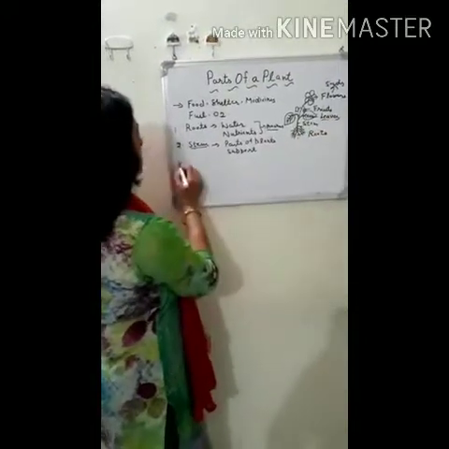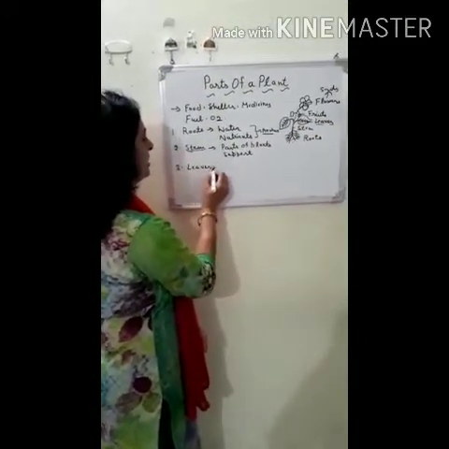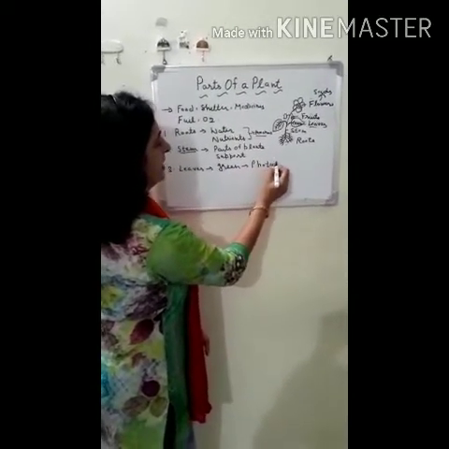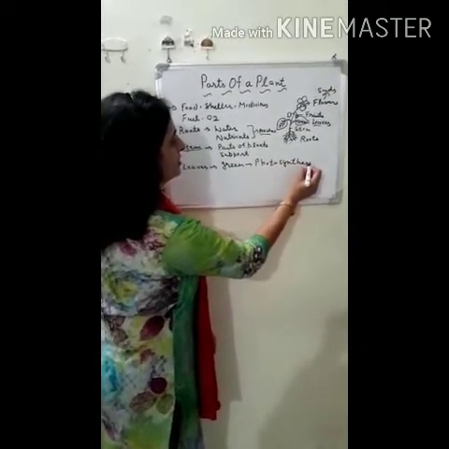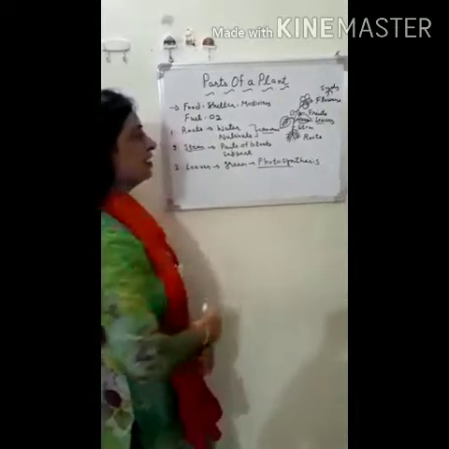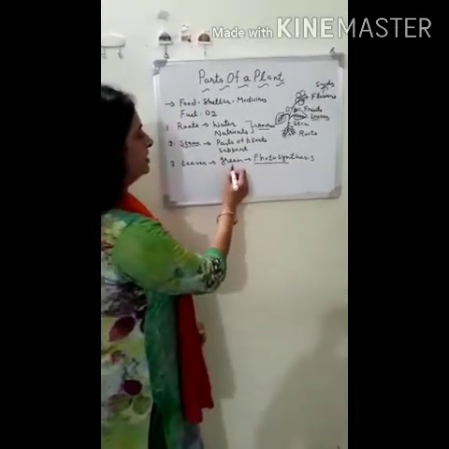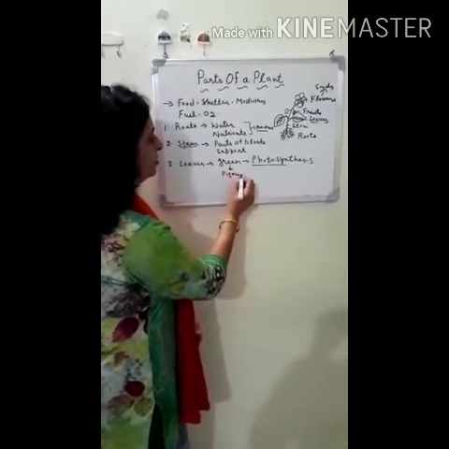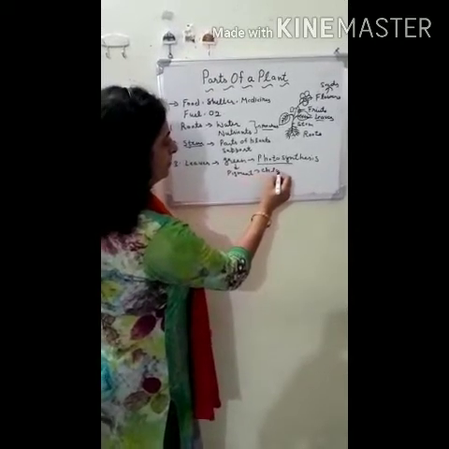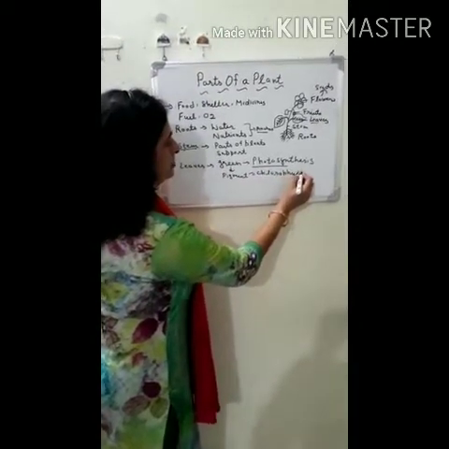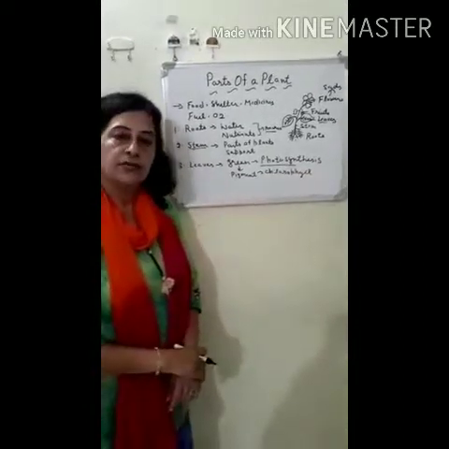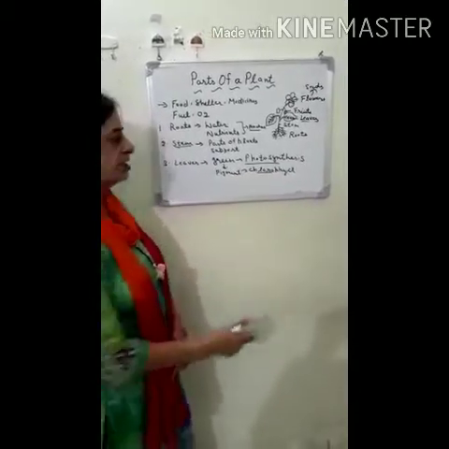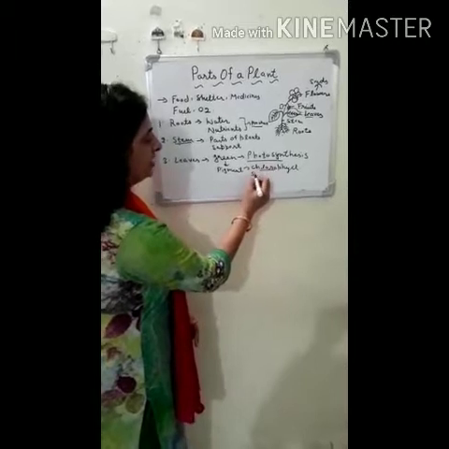Now next are our leaves. Leaves are mostly green in color and do the process of photosynthesis. They do the process of photosynthesis in the presence of sunlight, and this sunlight is trapped by the green color pigment known as chlorophyll. So green leaves, which are green due to the green color pigment chlorophyll, trap the solar energy, with the help of that sunlight,